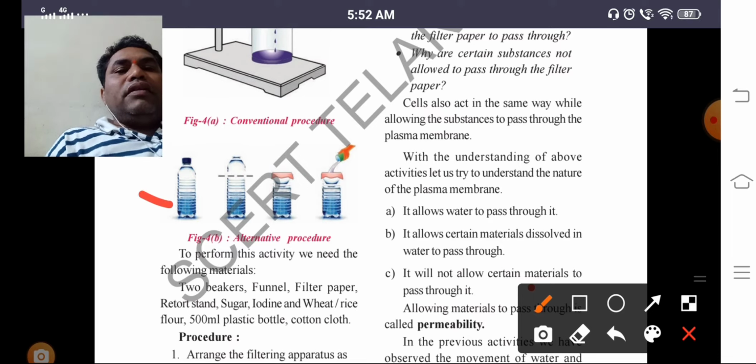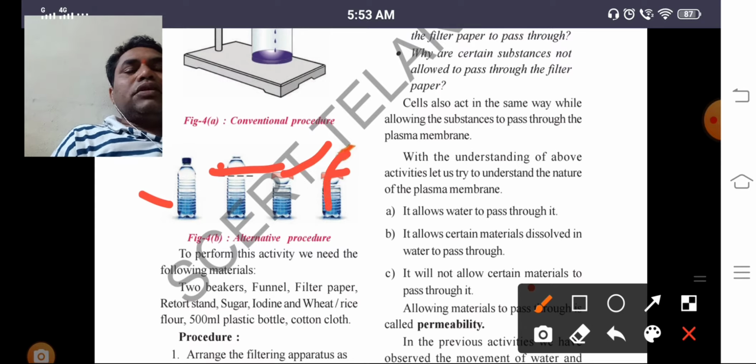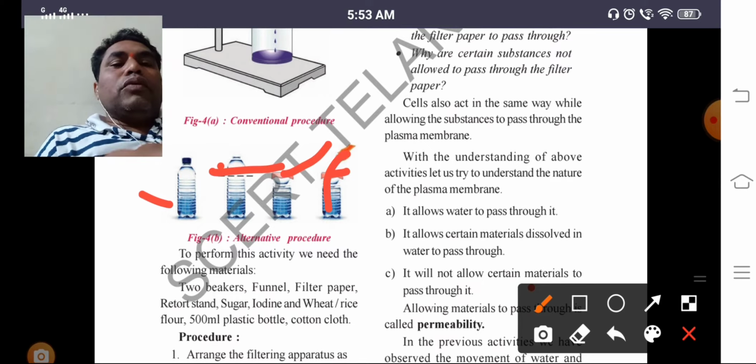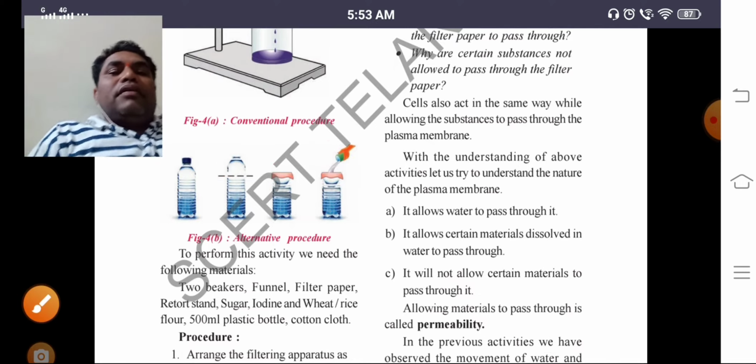The same activity we can do by taking a plastic bottle. You have to cut the top of the plastic bottle, take the filter paper or cloth, arrange it like this, and pour the starch solution with the iodine solution. While pouring, what happened? The flour remains on the filter paper and only the liquid part, water, goes into the bottle. By this we can conclude that